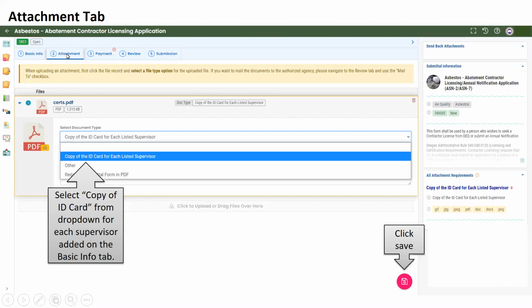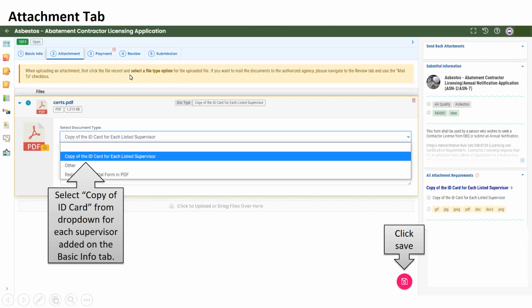So moving on to the attachment tab, you'll see this is where you can upload. You can either drag a file off your desktop into here, or you'll click here and it'll open up a window for you to select a file and upload it. But this is where you add your list of certification cards, your list of projects that you've done over the last year, any enforcement actions that have been taken against you, or any other certifications or licenses you might have from another agency. This is where you would enter and add that information.